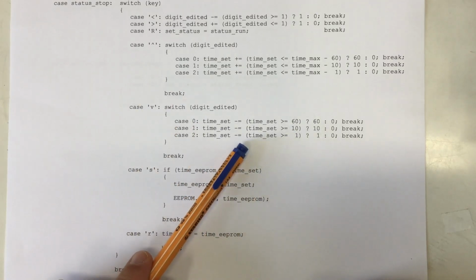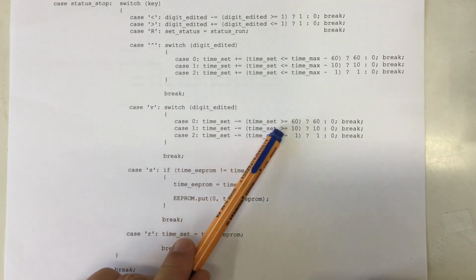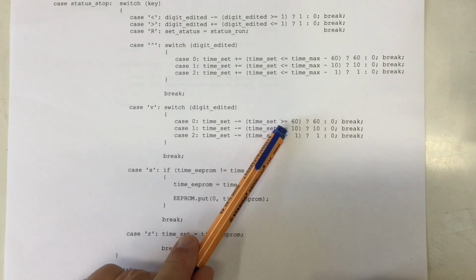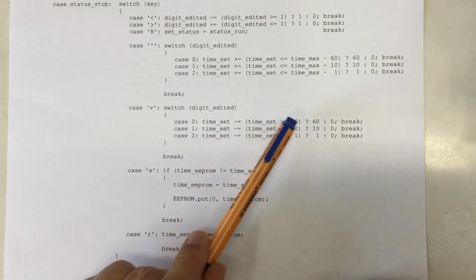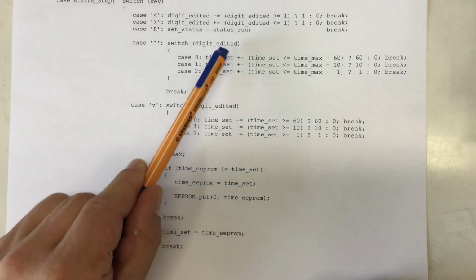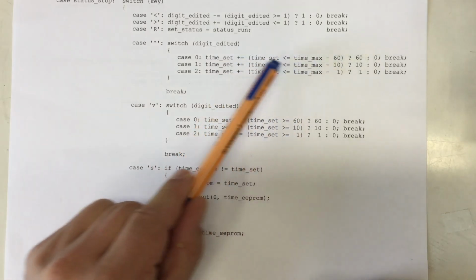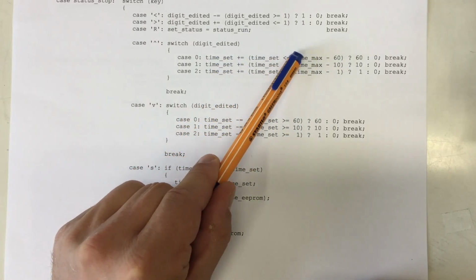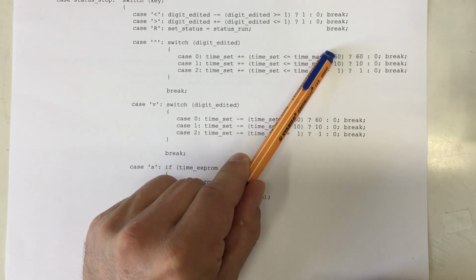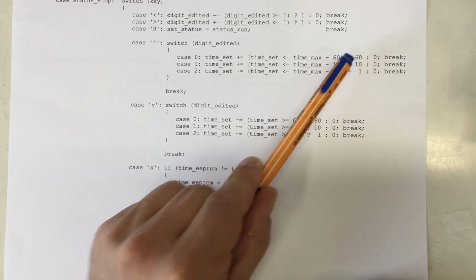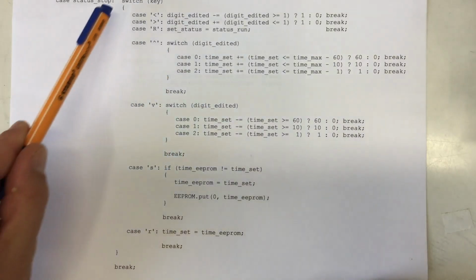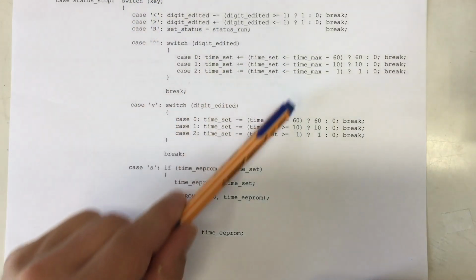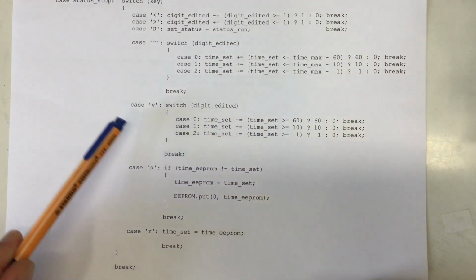So for example, time set has to be greater or equal 10, so I can decrement it by 10. The time has to be smaller or equal my maximum time minus 60 seconds, so I can add another 60 seconds. So depending on the switch, this is basically the increment and